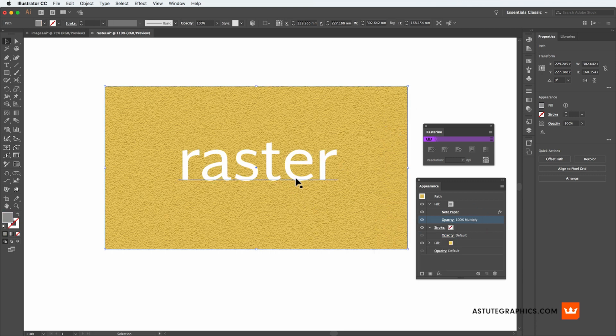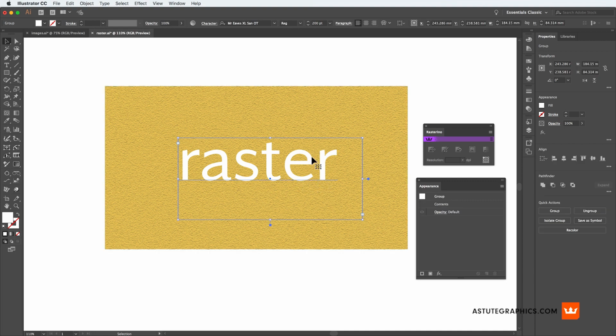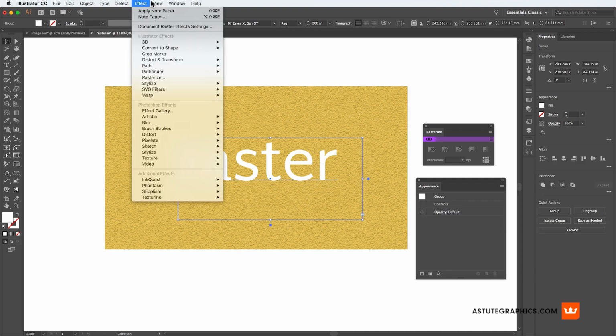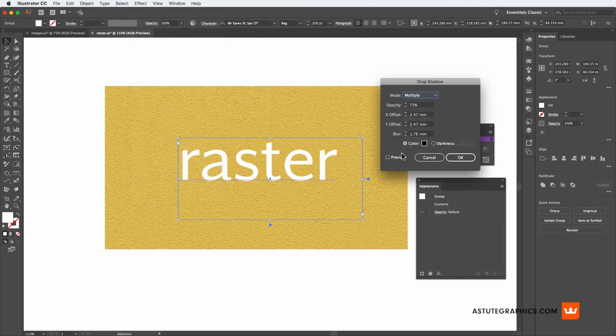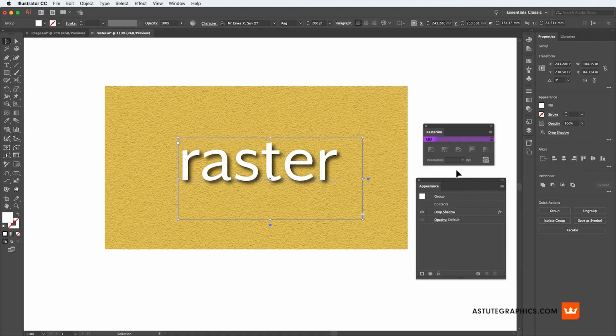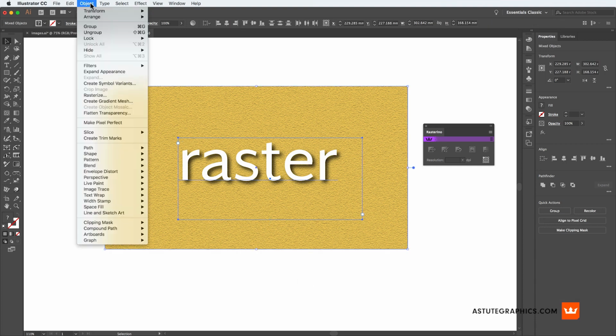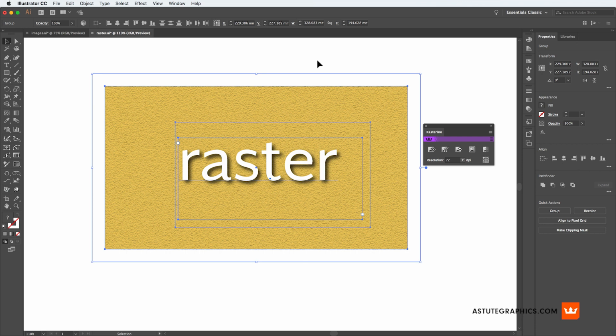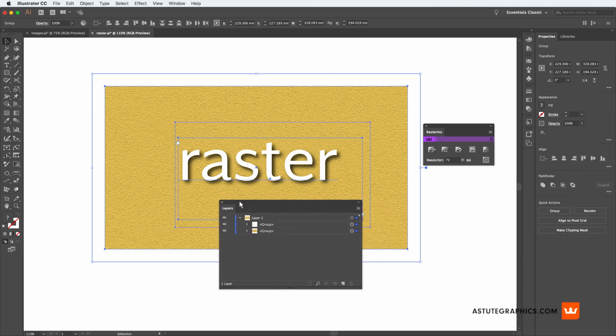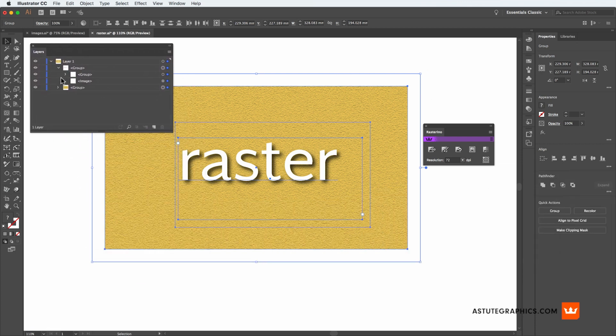So the second raster effect will be applied to our live text here, and I'm going to go Effect, Stylize and Drop Shadow. Now you can use Stylism, one of our plugins, to do this, but I'm just going to do it the old-fashioned way. And there we have it, two raster effects. So with both of those selected, I'm going to go up to the Object menu and Expand Appearance. Then if we look at our Layers panel, you can see that those effects are made up of raster images, and so they are embedded in this file.